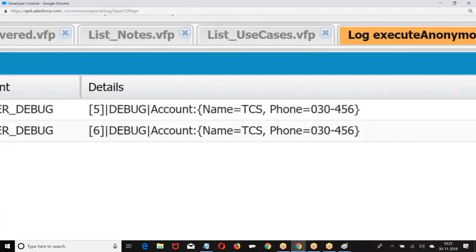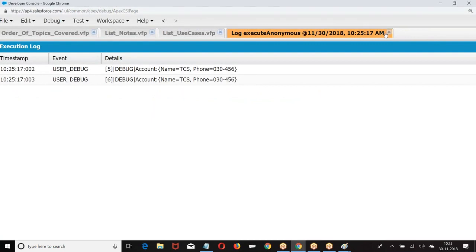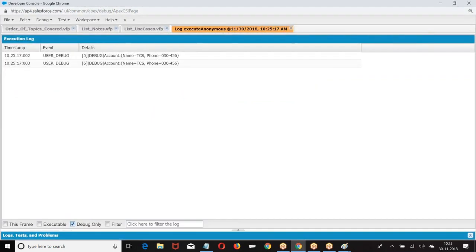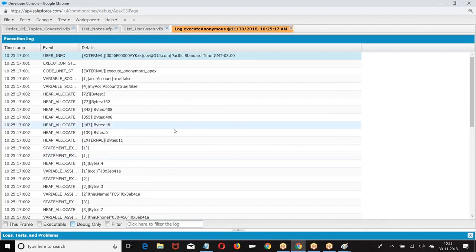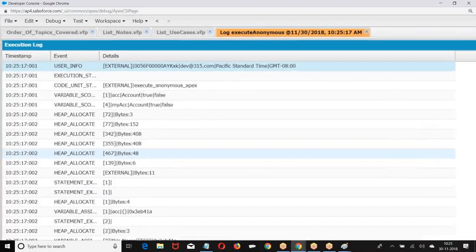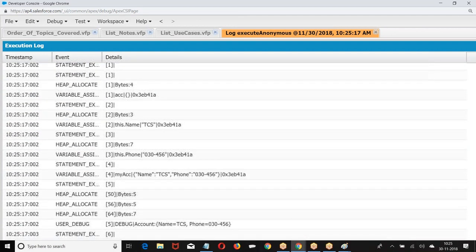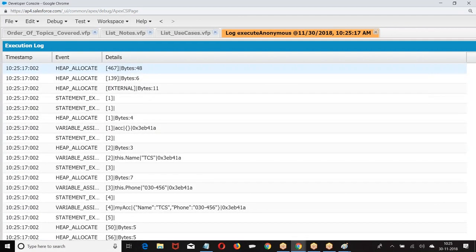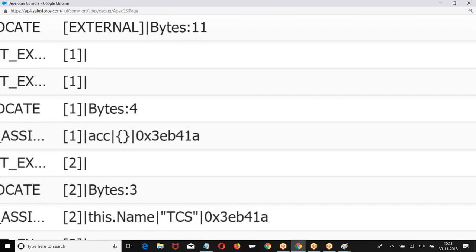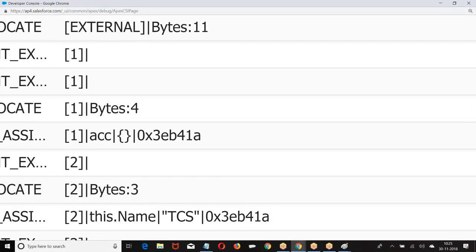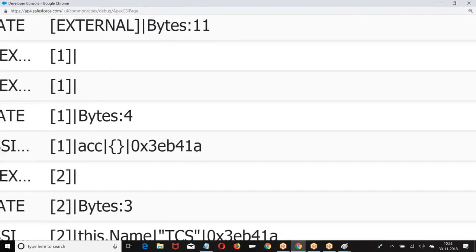What is the output we are referring? ACC and myACC both are referring to what? Same value. Not only values, I will show you the address locations also. Now, what is the memory for ACC? 0x3e, right.